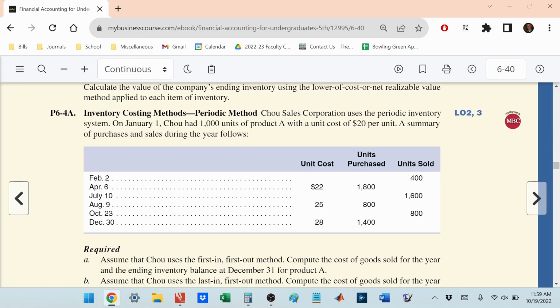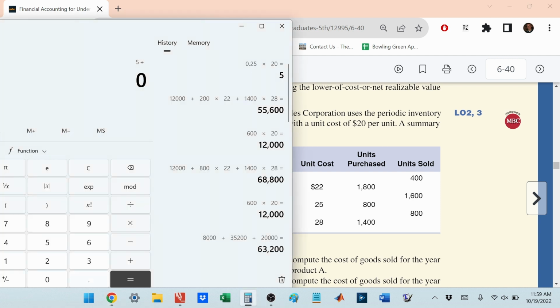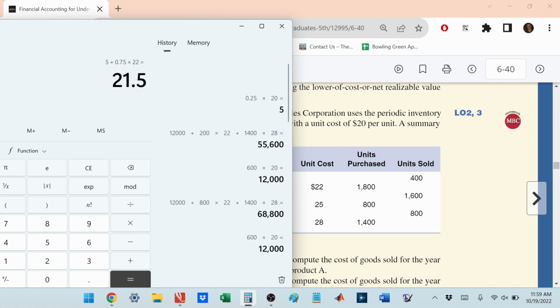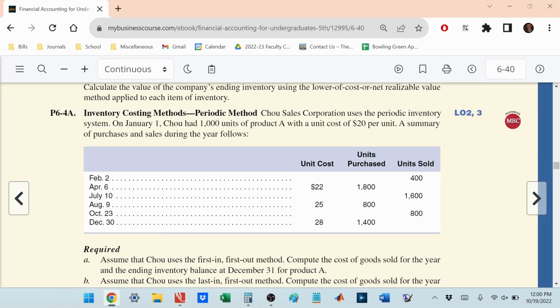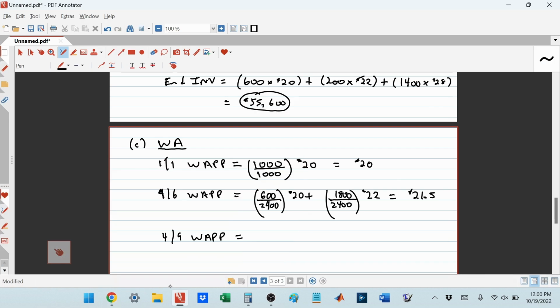Sorry, let me go back here. So as of April 6th, our weighted average purchase price is 21.5. So as of August 9th, so I said April here. As of August 9th,